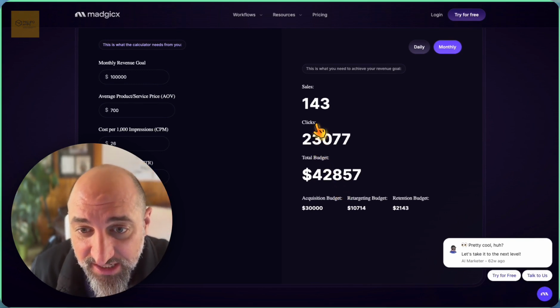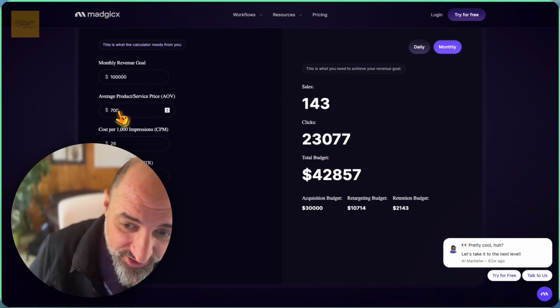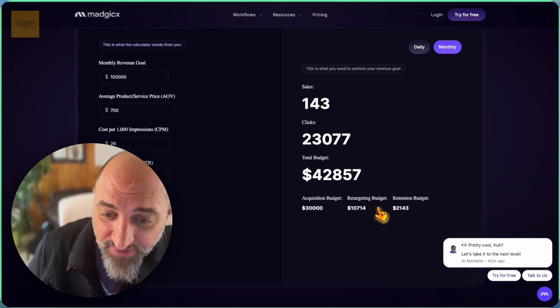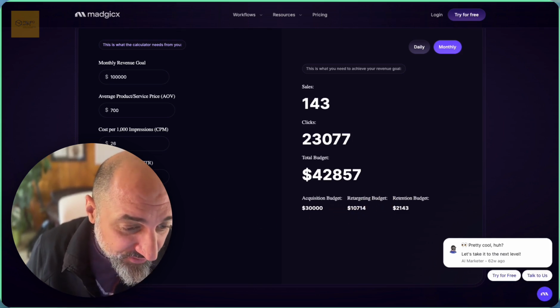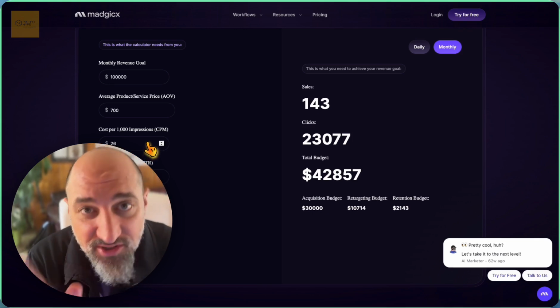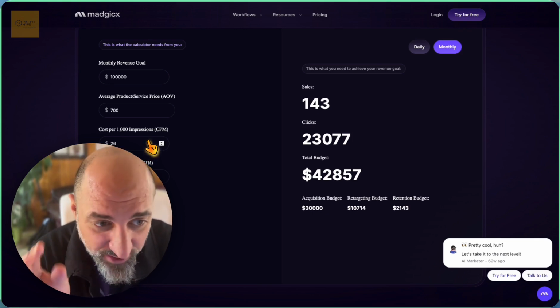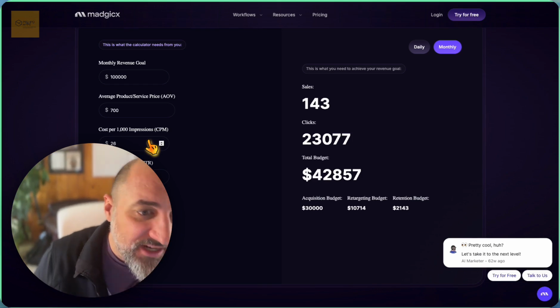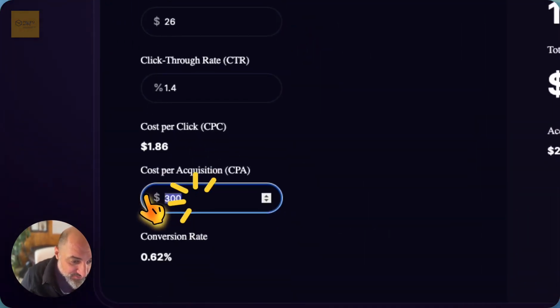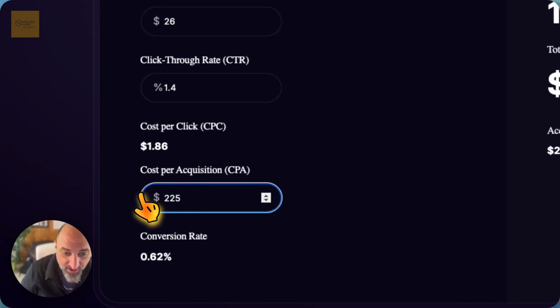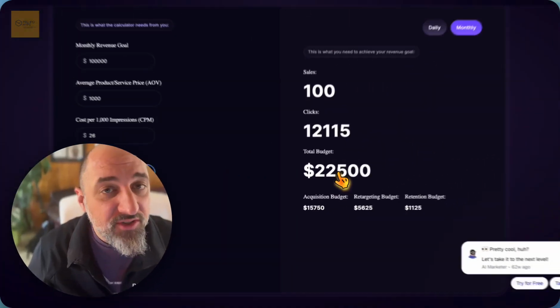We need this many clicks to get this many sales at this average, right? And this is where you should kind of think about putting your budget. And that's going to be your conversion rate right there. Now, this is no guarantee. This is just working out just the math. So you start to see like, all right, well, maybe my average investment size is 1,000. Maybe this got down to 225. Okay, you still need 22,000.